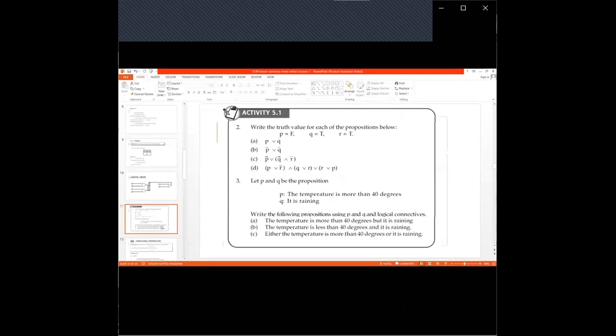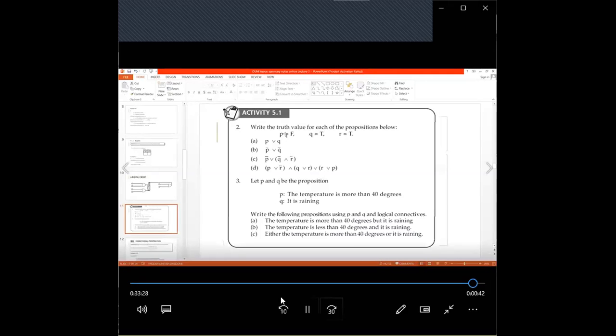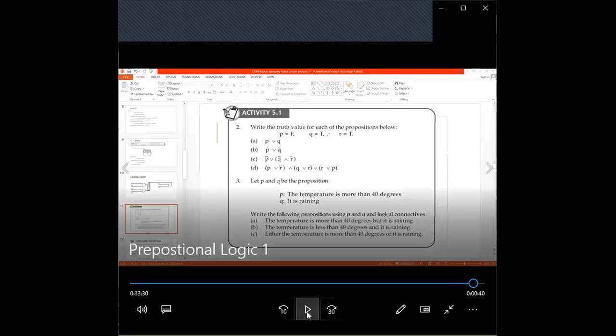Now, we are told to write the truth value of each of the propositions below, where we've been told that the statement P is true, the statement Q